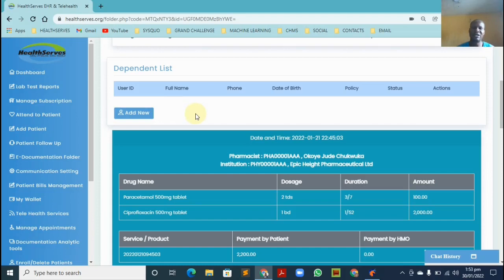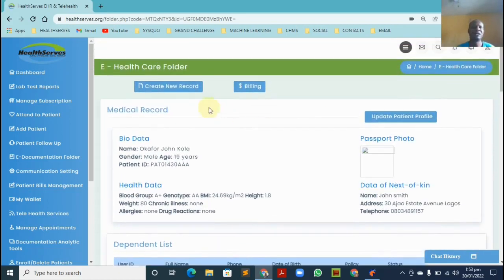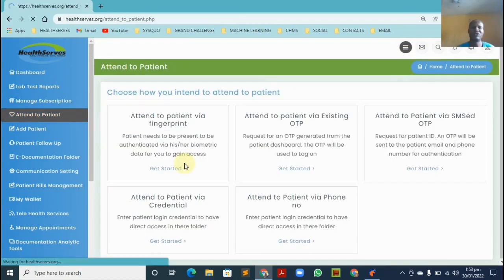Let's say, for instance, a patient has children and you want to add children's folders for those possibly less than 10 years, or as the case may be. As long as they don't have a phone number of their own, you can add that patient account to this. And there are also other scenarios under health insurance where we still have to add a dependent patient, whether it's existing or new. Now, the last but not the least is for us to see how to attend to patient